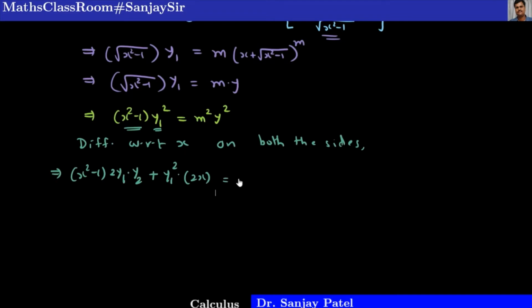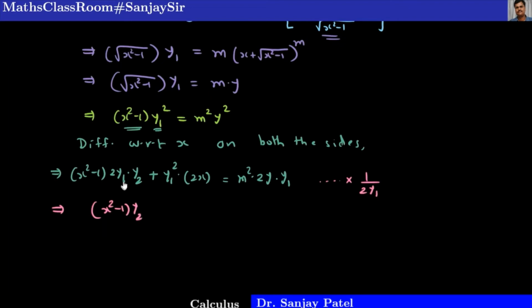And on the right hand side we have m square into y square. M square is a constant, so it is as this. Derivative of y square is 2y and derivative of y is y1. Now you see in this we have y1, rather 2 is common everywhere on both the sides, and y1 is also common. So I can cancel that 2y1 and write this last step as x square minus 1